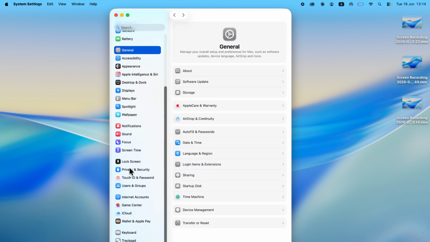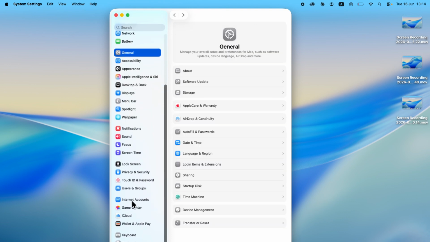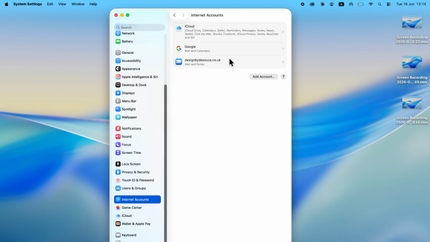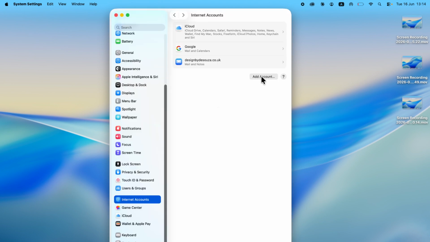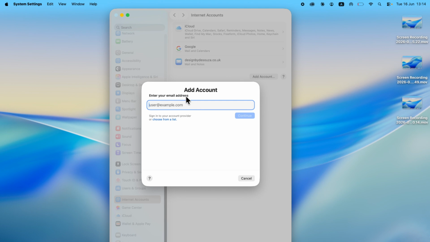Now once you've done this, on the left-hand side, scroll down to Internet Accounts. Now go and select your Mail account, and then you can try deleting your account, and then just go and press OK. Once it's been deleted, click on Add Account, and then you can go through the steps to re-add